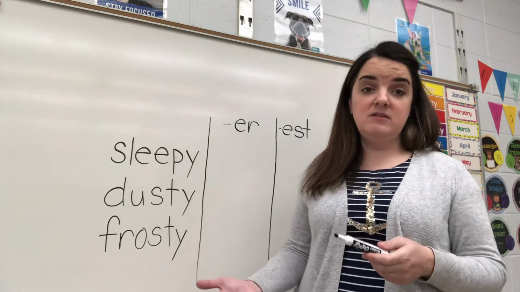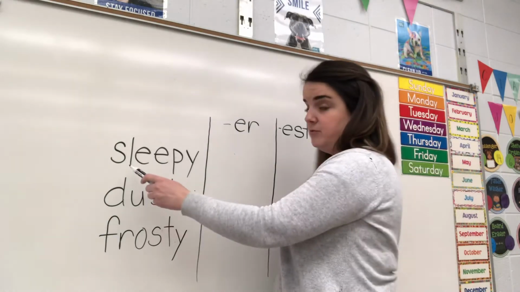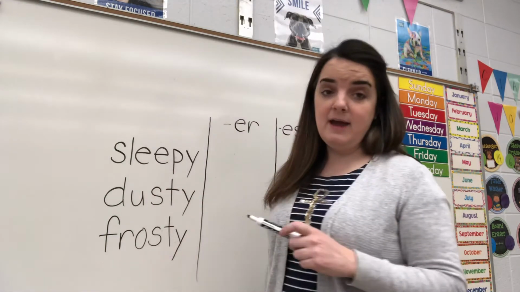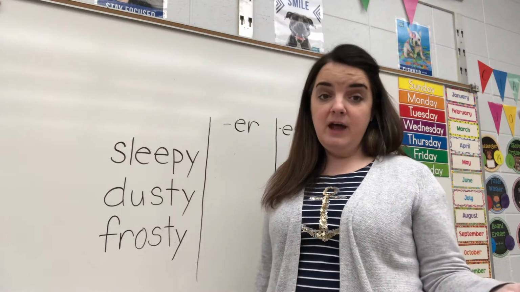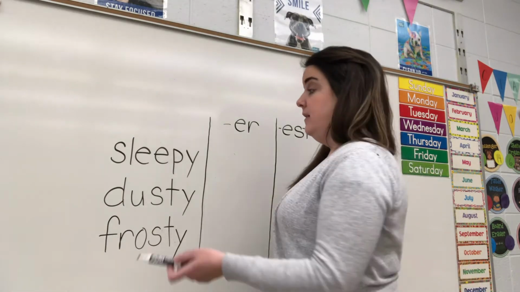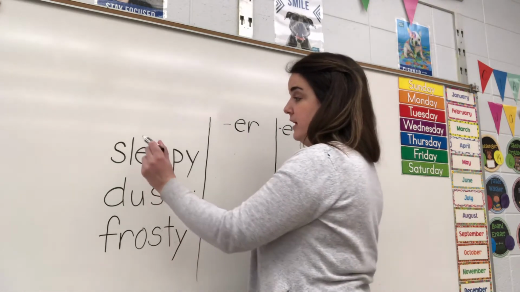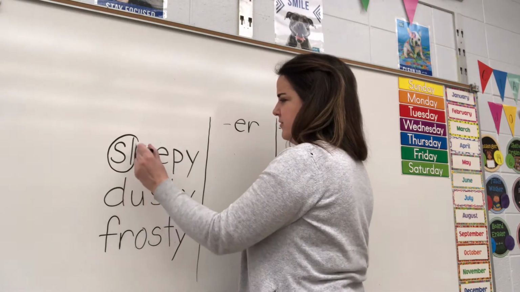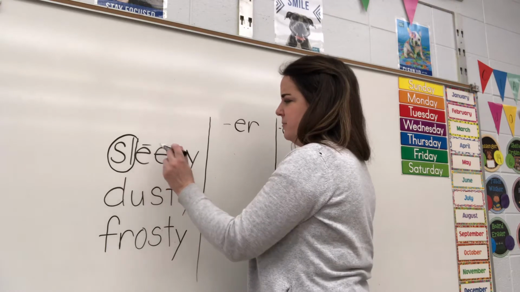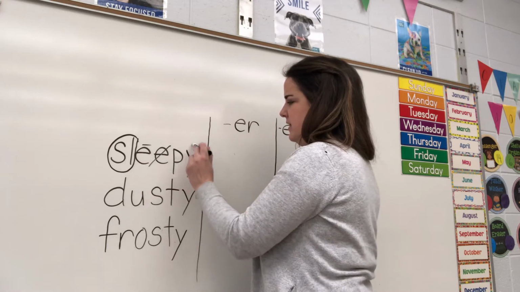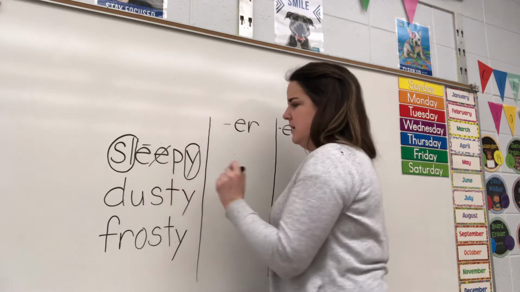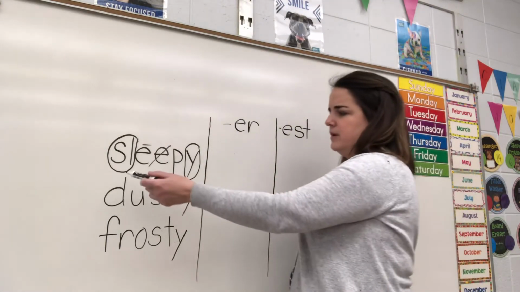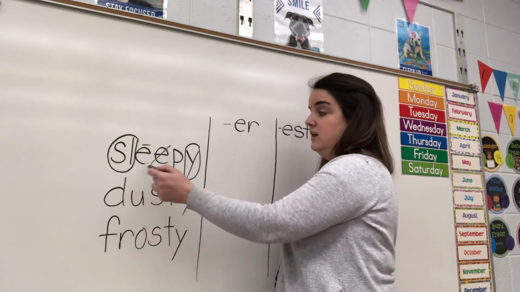So if we look at our first word here, we have sleepy, all right? So go ahead and write that down. And this will help us read the word quicker. We're going to circle any special sounds, mark any vowels, and then here's our suffix y. Now, first of all, let's read the word. Here we go. Sleepy,